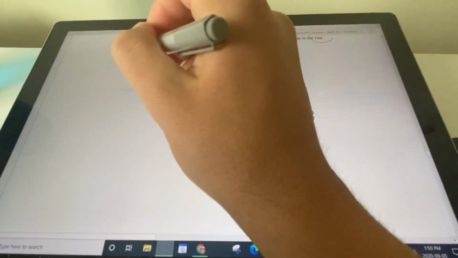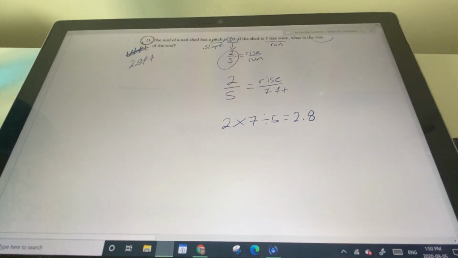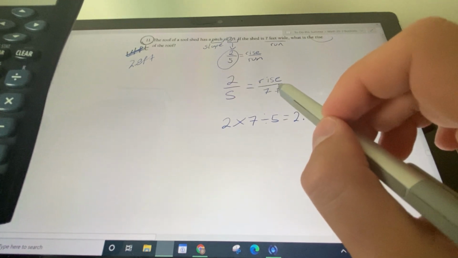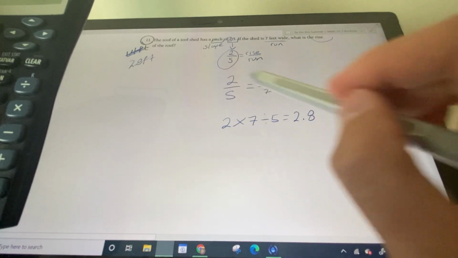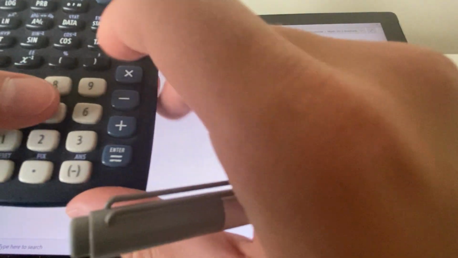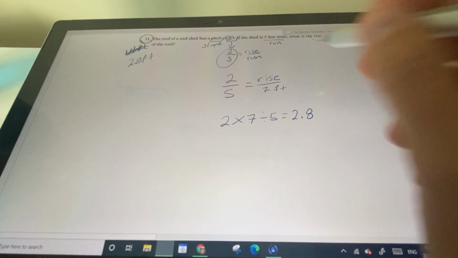So unfortunately, they have gotten the solution wrong here. This should really say 2.8 feet. I'm going to check my math one more time. 2 times 7 divided by 5 gives me 2.8. So yeah. Then they divided it by 2. Oh, I see. I'm actually not doing this properly. This is why